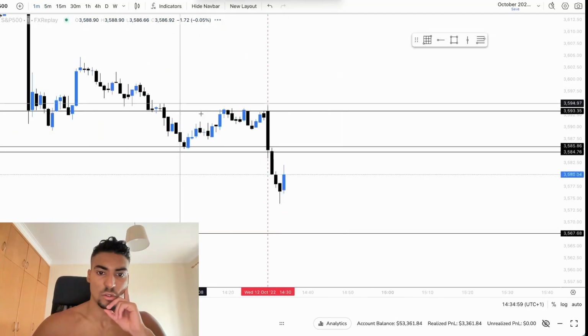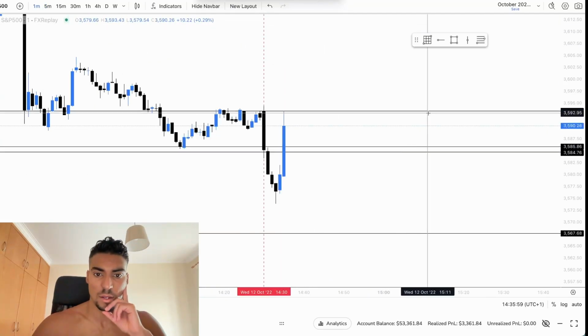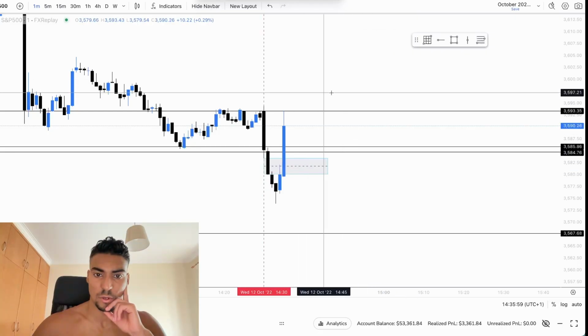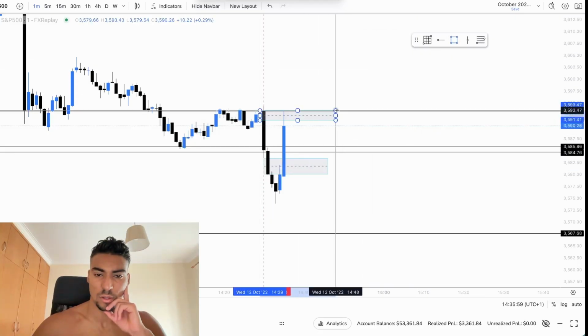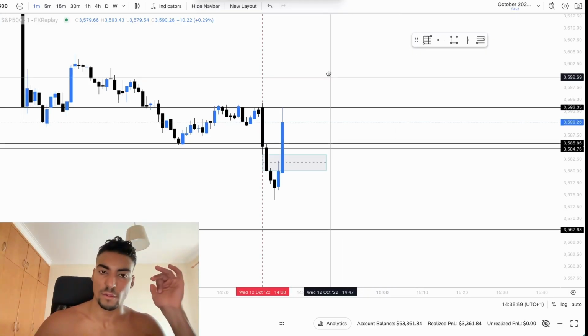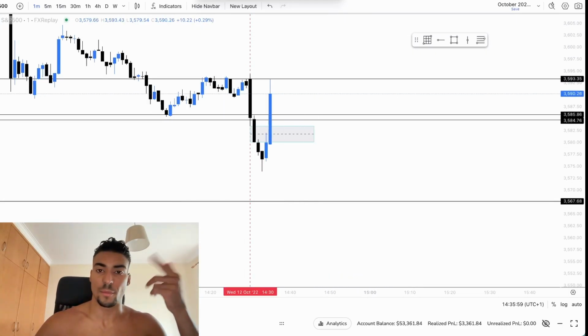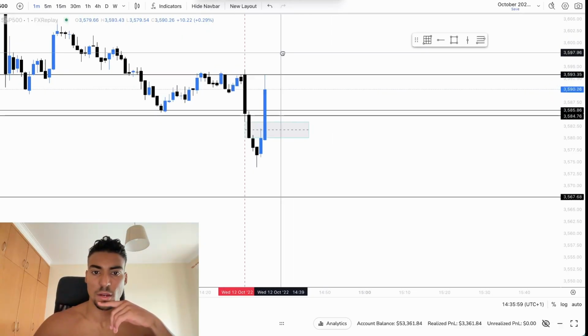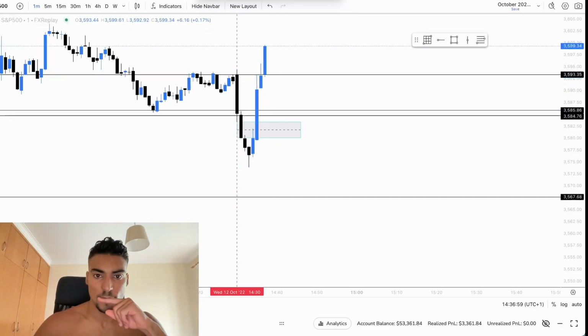Boom. Perfect. Let's go to 1 minute. I don't even care. Okay, we got an inversion gap. We have already our first confirmation. Inversion gap right here, boom. Now what I'm waiting for is a retracement into equilibrium, order block, breaker block, whatever, or fair value gap. We don't have an order block, we are in it. We don't have a breaker block, it's right upside here, so we want equilibrium or fair value gap to get filled.